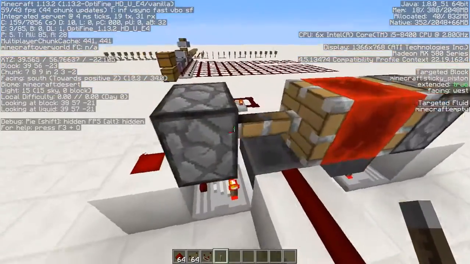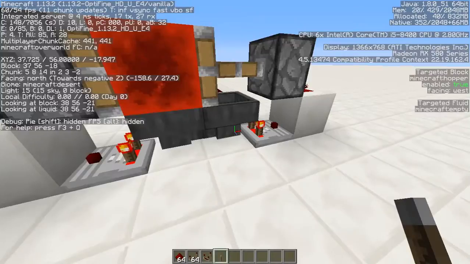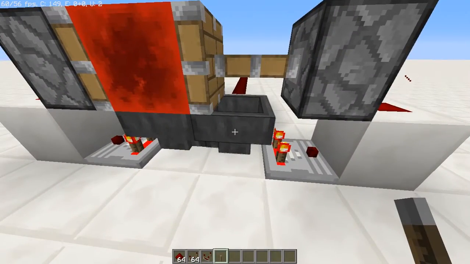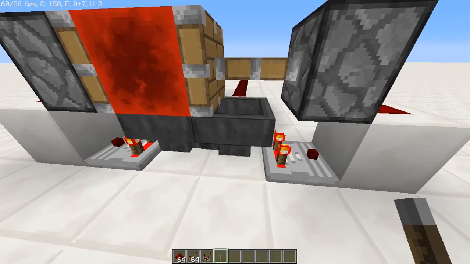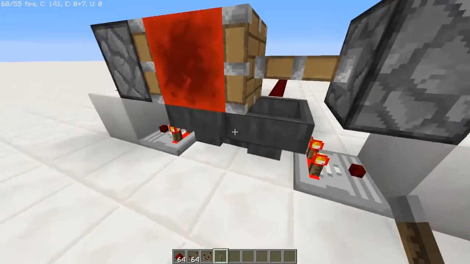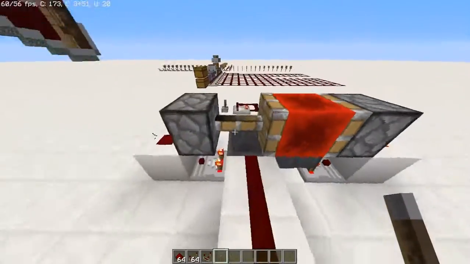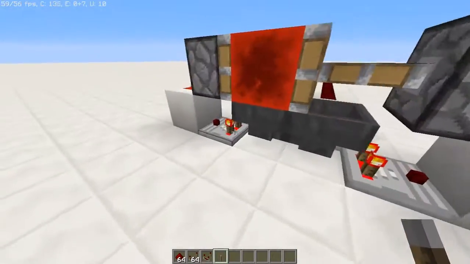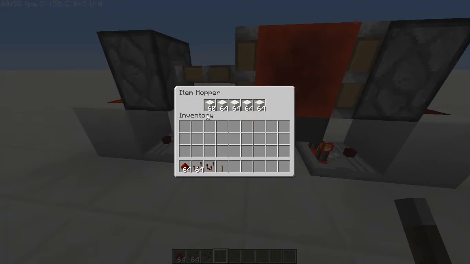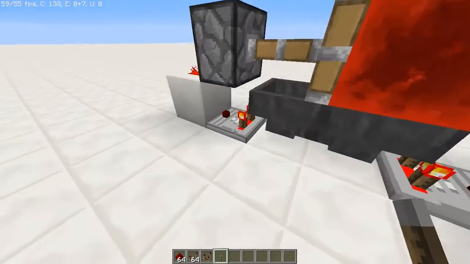This is a redstone, well, this is still a redstone clock that is kind of comparator based, but it's a much longer redstone clock. And this one can actually be pretty quick. It's just, this one is what you'll use if you want a long amount of time between signals, typically. And pretty much how this one works is the comparators see when there's something in the chest, and once it's full, or if there's something in the chest, it'll power